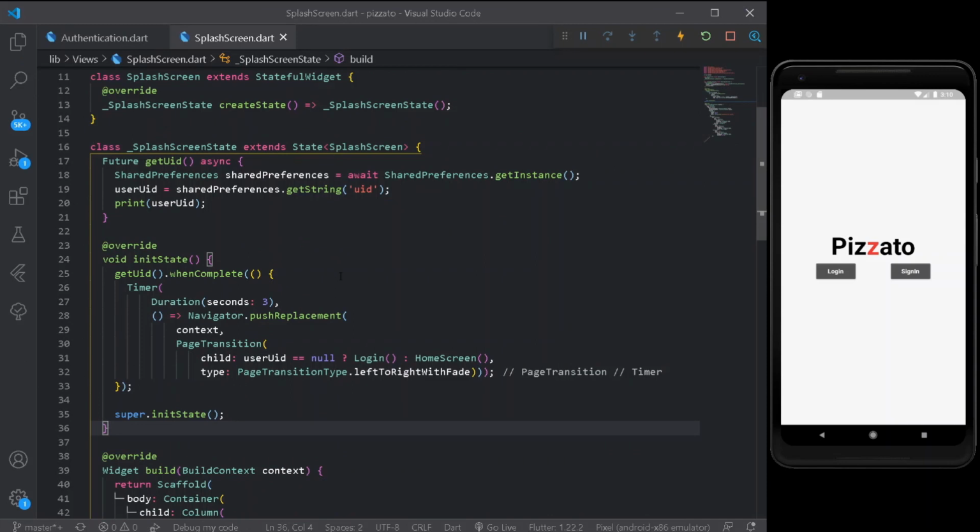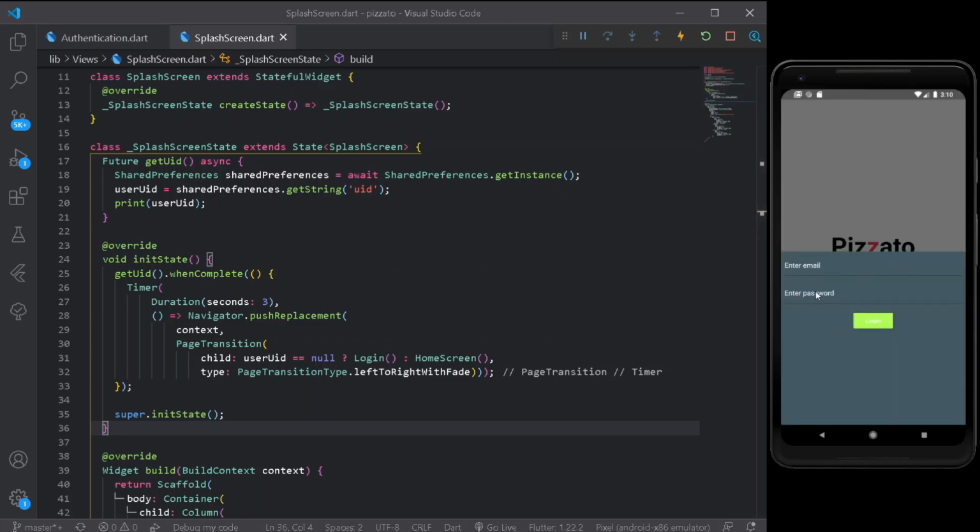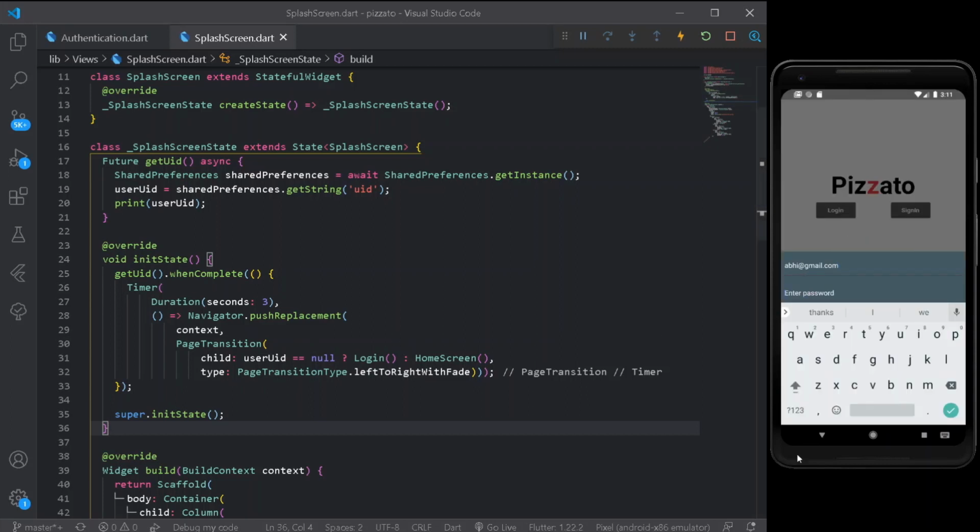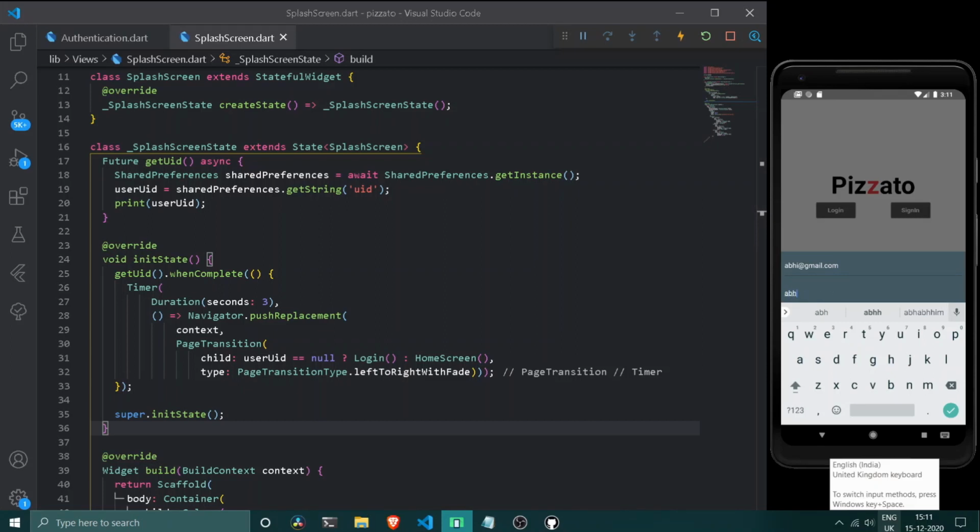So for testing it out, I can simply reload my entire application once. Now as the user ID of the following string is null, we are simply navigated to our login screen. So simply log in under our application one more time. Alright, let me paste my password, which is nothing but Abhishek.